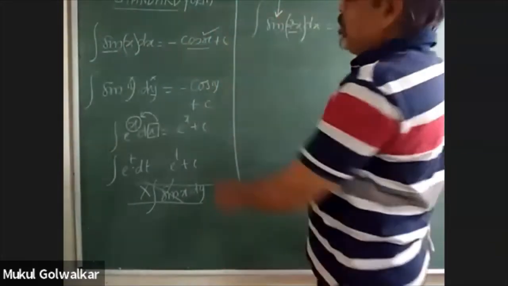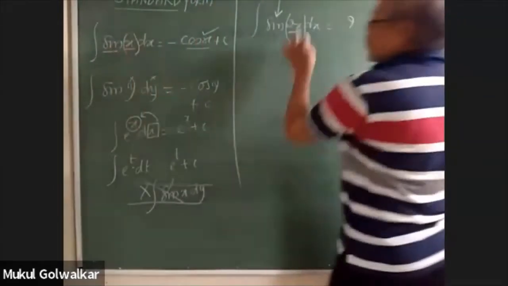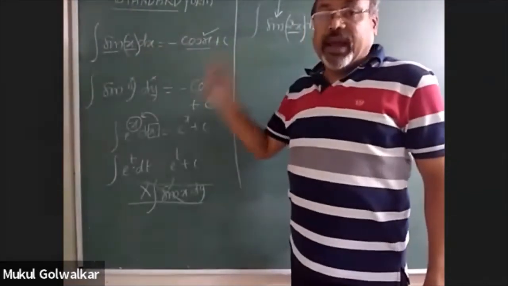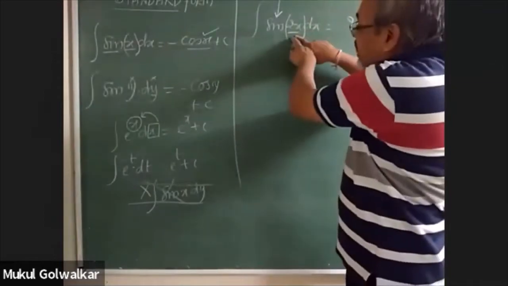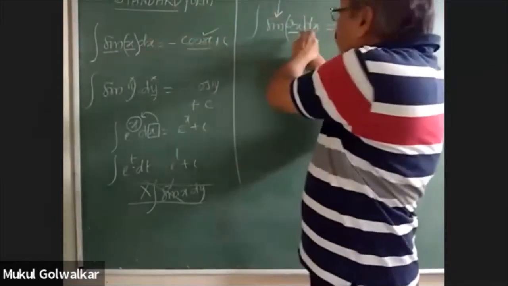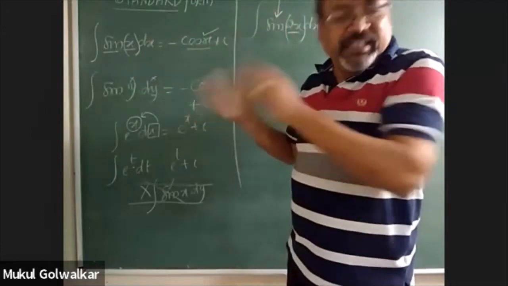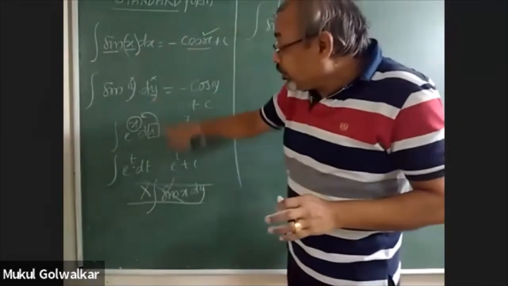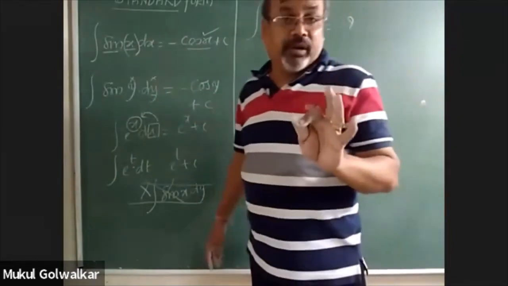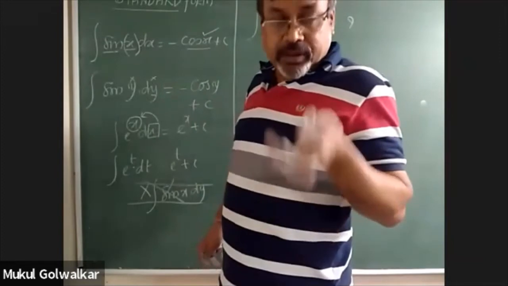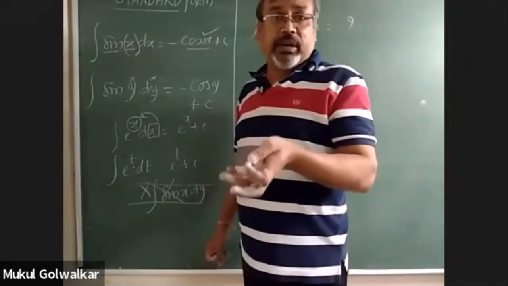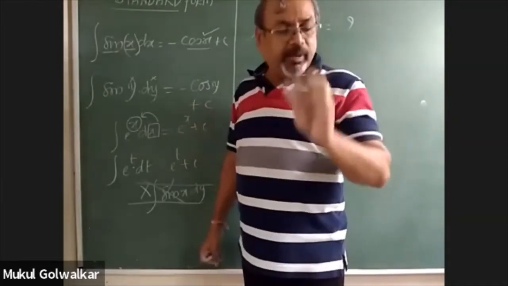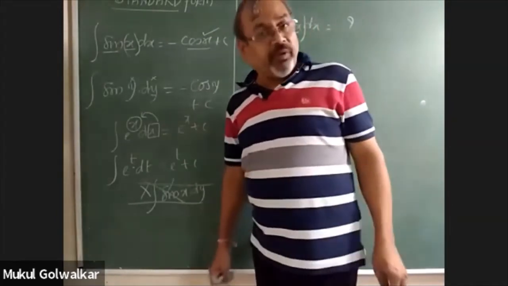What is the difference now? In place of this variable x, I am getting this particular variable 2x. So this is a difference. And now how can this difference be eradicated, how can this difference be removed from the function? As I said, the function being integrated is more important. Variable present in the integration is not at all important. Whatever variable is present in the question, we shall be writing the answer in terms of that variable only. Okay. So the variable is not important in comparison to the function.